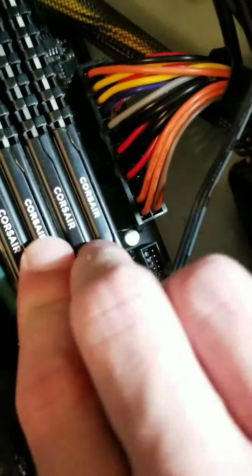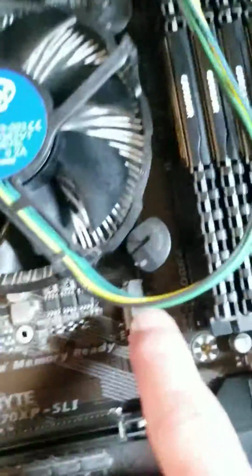Alright, so we'll just reinstall the RAM here. Sorry if you can't see much, but anyway, it's pretty easy. The lengths of the little plugins will correspond to the slot that they go in. Also, a little tip, forgot, when you're installing RAM,